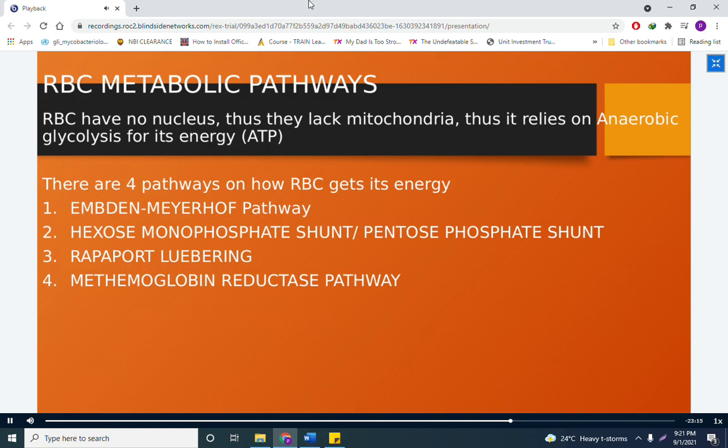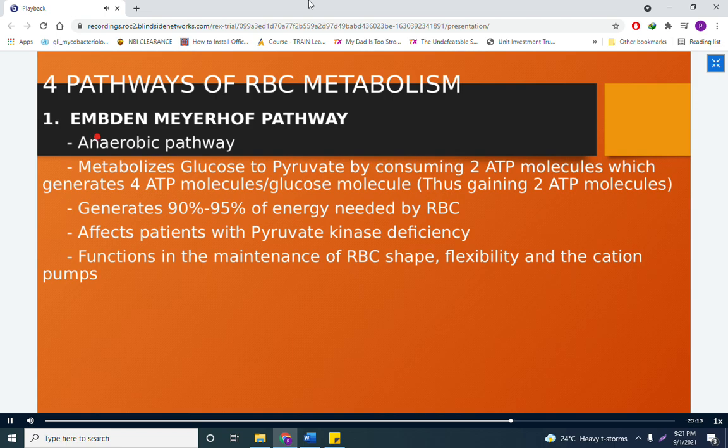So first is your Embden-Meyerhof pathway, class. This is your anaerobic pathway. It metabolizes glucose to pyruvate by consuming 2 ATP molecules, which generates 4 ATP molecules per glucose molecule. Okay, class, to simplify this, 1 glucose will produce 4 ATP. Now, for the RBC to metabolize glucose to pyruvate, it needs to use